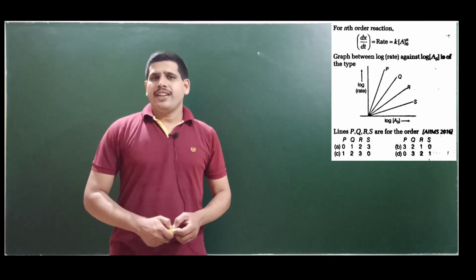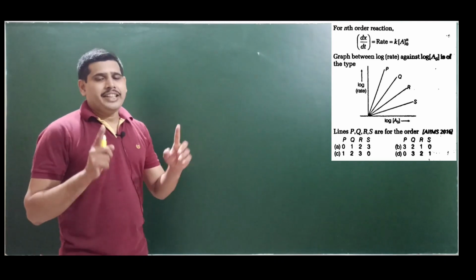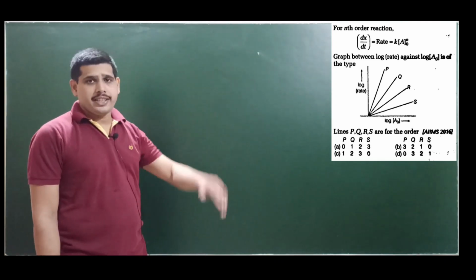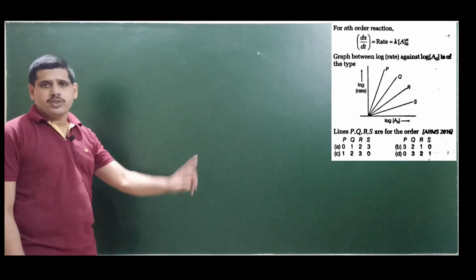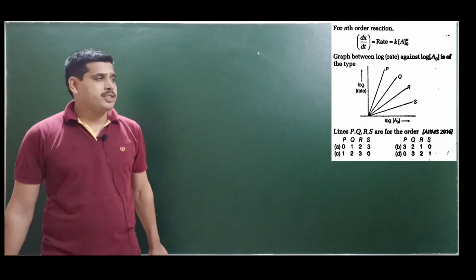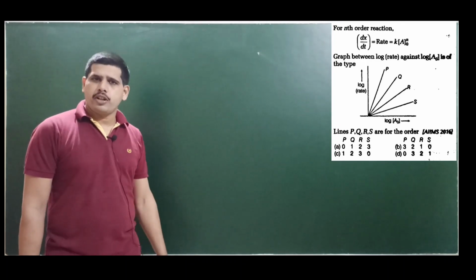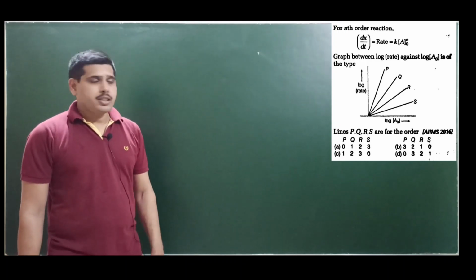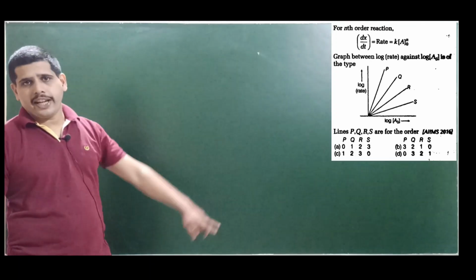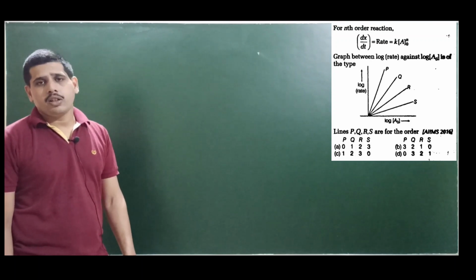Hello students, in this question we are given the nth order reaction rate expression. For an nth order reaction, the rate is dx by dt, which is equal to k, the rate constant, into a naught, the initial concentration, to the power n, where n is the order of the reaction. Fine. What is asked? A graph is given where the variation of log of rate against log of initial concentration is plotted